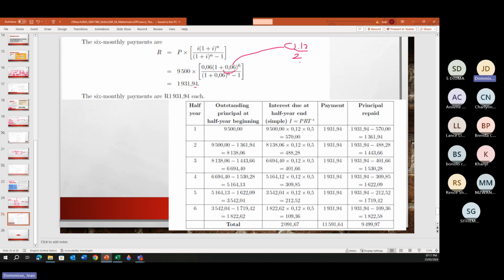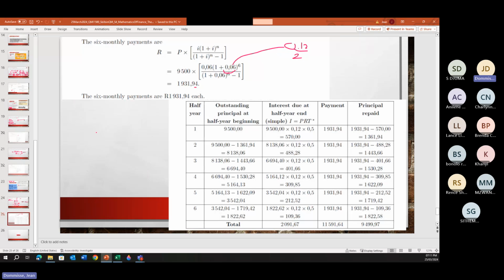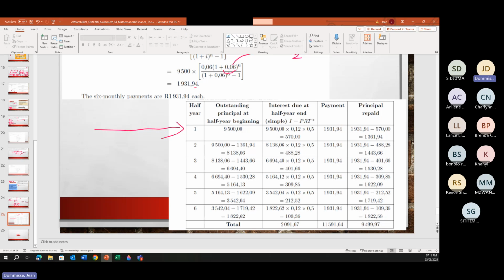So what they can do in your assignment and in your exam is they could give you that information up front. They can give you this table, and they could have had in this table